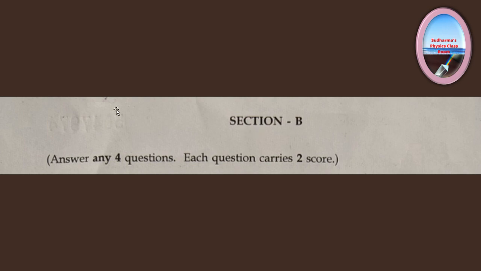And here comes our section B. So here also we have more questions, and we will have to answer only 4 questions, but the difference is each question carries 2 marks to score. So here we have to think and write. Be very careful in answering. The following table is prepared for comparing the properties of resistances in different combinations. Rearrange the contents in each column to match them properly.